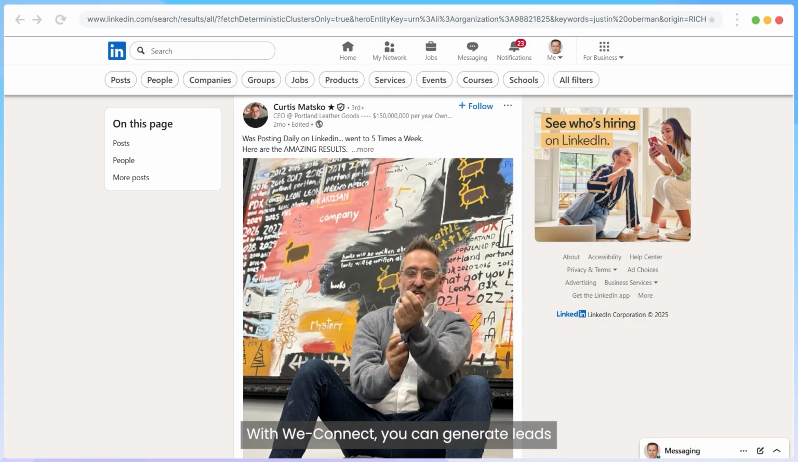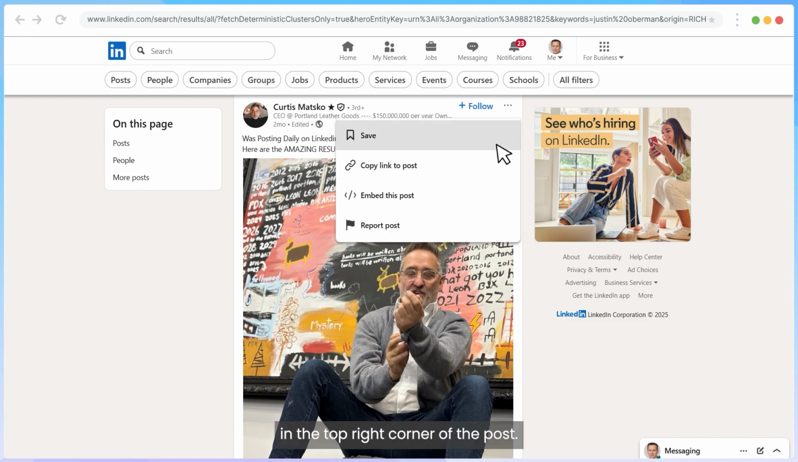With WeConnect, you can generate leads directly from a LinkedIn post by targeting the users who liked, commented on, or shared it. To get started, head to LinkedIn and copy the link of the post you want to target. You'll find the Copy Link to Post option by clicking the 3 dots in the top right corner of the